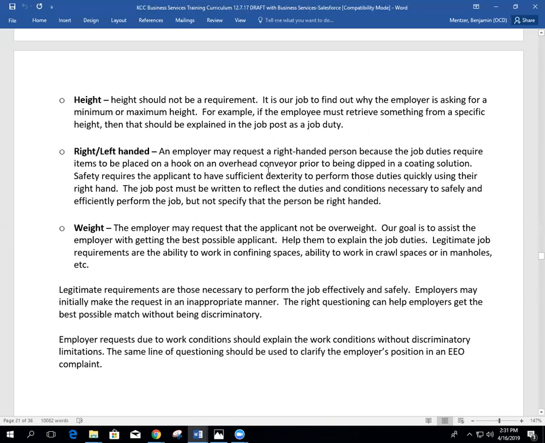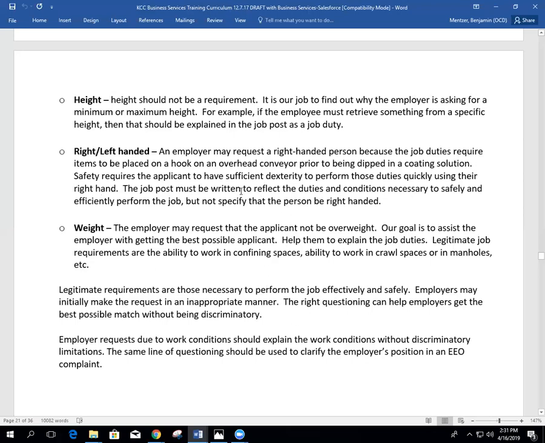Same thing with right and left-handed. Some items, they actually can request that somebody be a specific one because it requires dexterity with a certain hand. So that is something that would be, again, job related. So it's not discriminatory. It's more that the job just requires that skill set. And it is necessary for their safety and to efficiently perform the job.